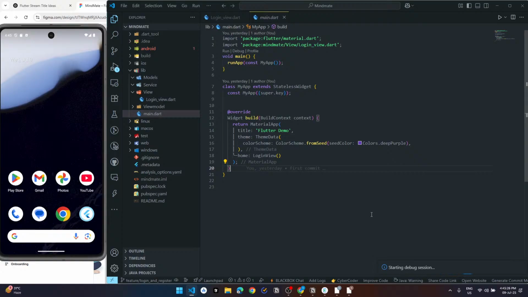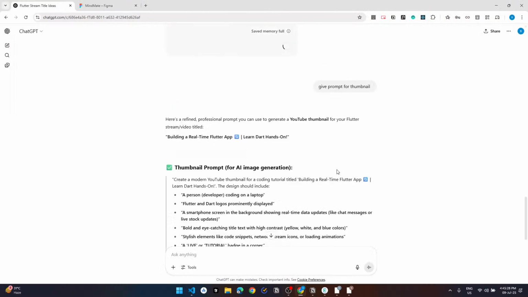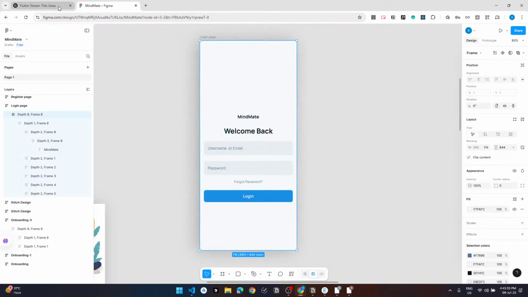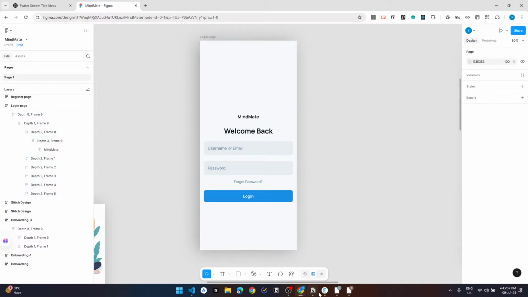So firstly, we have to connect our Firebase CLI to our account.